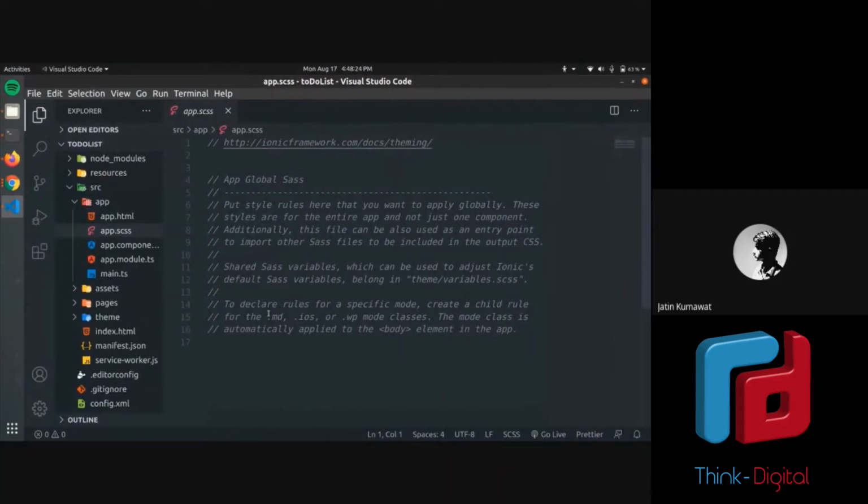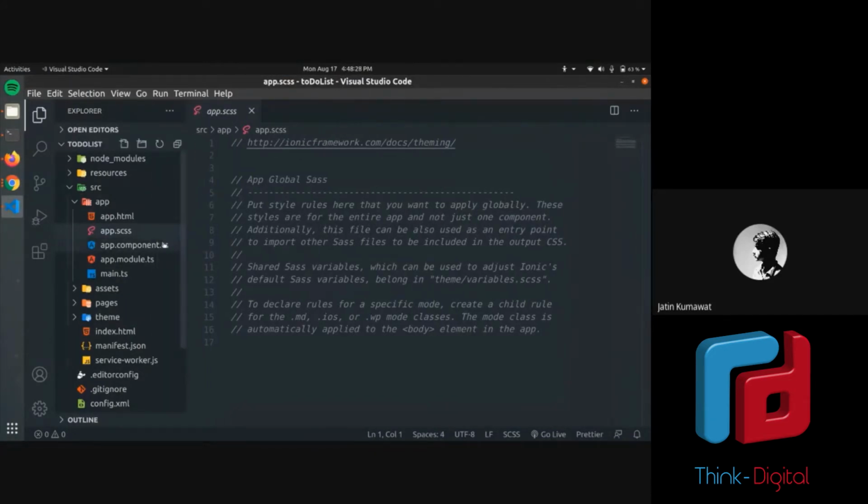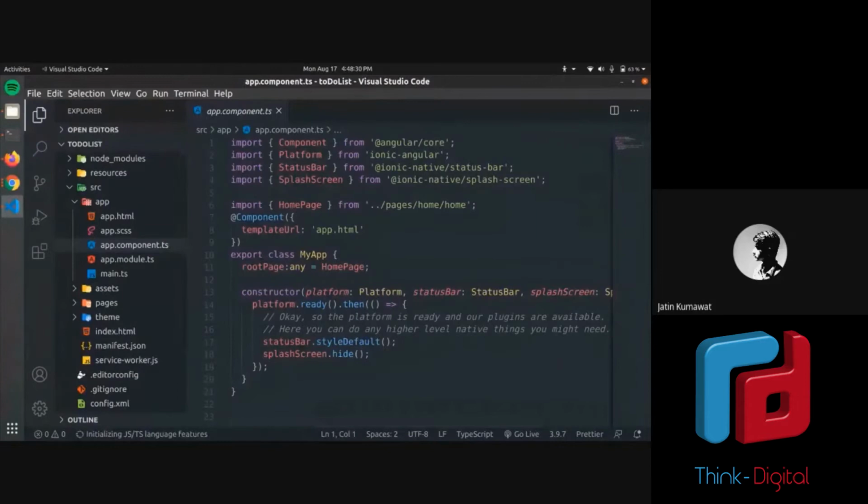Okay, so this is where you will do all your styling for the app. So the next file is app.component.ts. This is the first component which gets loaded in our app, and typically it's an empty shell for all the other components to be loaded. If you are not understanding these things, need not worry about it. We will not bother doing anything from this, at least today.